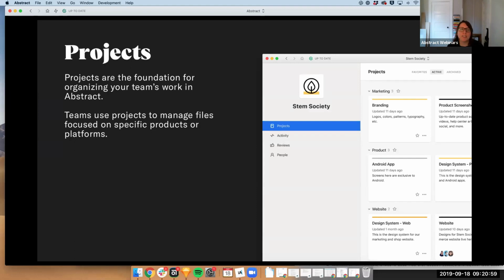So we use projects to manage these files. STEM Society is a demo app we have internally here at Abstract. It sells plants online. And you see here, we have a branding project. We have an Android app project. Usually design systems are in projects. And this website is in a project.